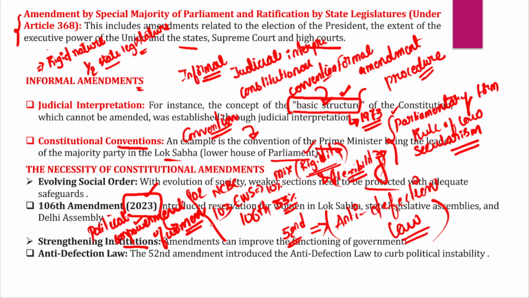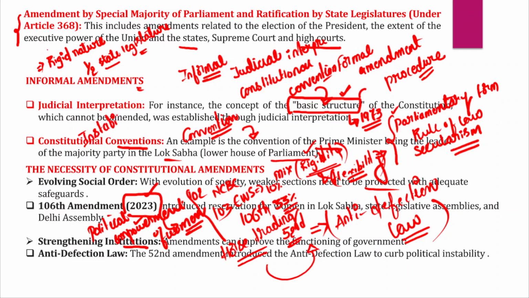And because of this reason, very often corruption, horse trading, and frequent defections by the members or elected members of a political party from one party to another party, purely out of self-interest, have been taking place very regularly. And that has resulted in a huge instability in the Indian political system. So in order to arrest the instability in the Indian political system, now why does defection lead to instability?